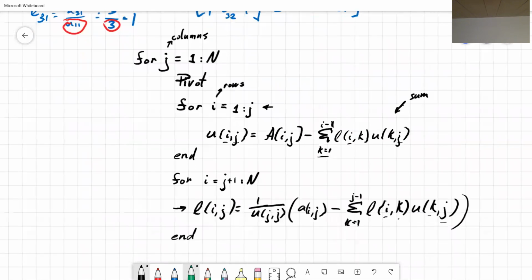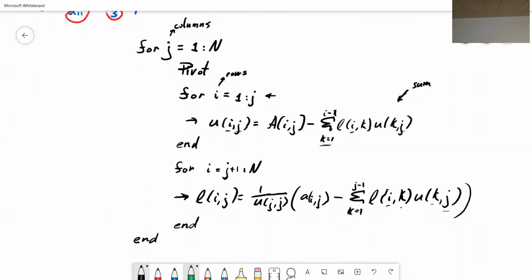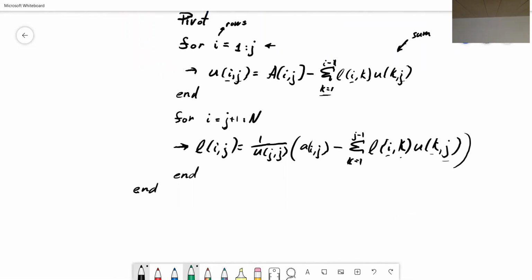So this is more or less what we want you to do. We will cycle over all the columns, and inside the columns, you will be cycling through the elements, and you will be using this expression for L and U. Once you have L and U, it is really simple. You will write the set of temporary variables Y from forward. You will find those from a forward substitution